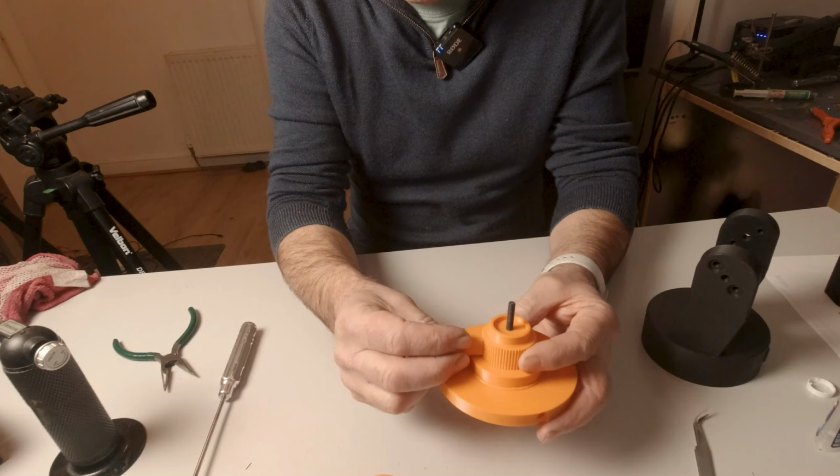Okay, so now we take our M5 low profile bolt, that goes into the side of here, and we'll just screw that up until we see it just about pop through the end of the first part. Takes a bit, there we go, it's just flush with the top of the first part. And what I'm going to do now is put some super glue around that face, making sure not to let it go into the joint there. Turn it around until it aligns. That's not good. There we go. Like so. And then I'm just going to run that bolt on to the next one,